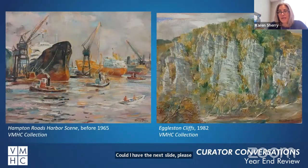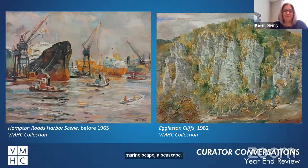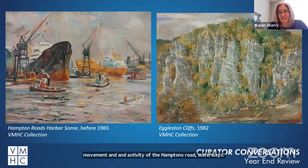And the final 2 paintings that are part of this new acquisition group are both landscape scenes. One is a marinescape, a seascape, showing the busy harbor in Hampton Roads. And I love how Day's loose brushwork sort of captures the flickering effects of light on water, the constant movement and activity of the Hampton Roads waterways. And then the second painting, Eggleston Cliffs,